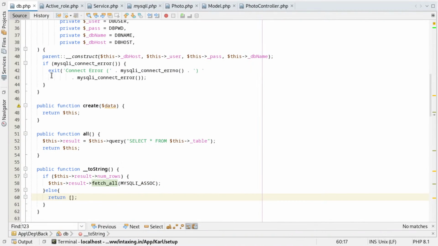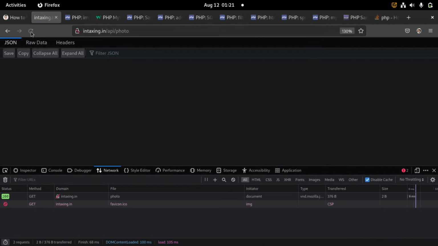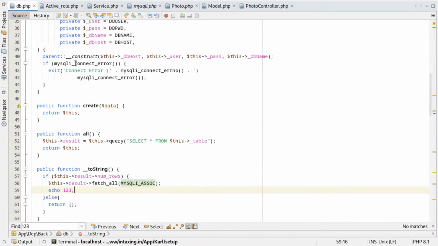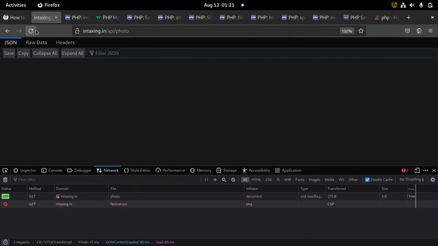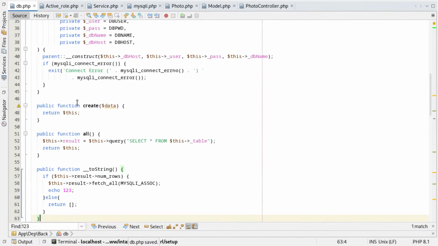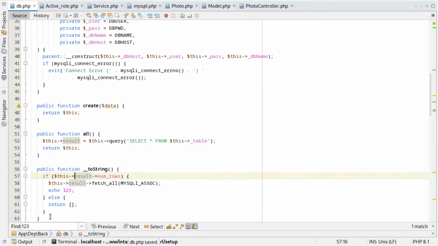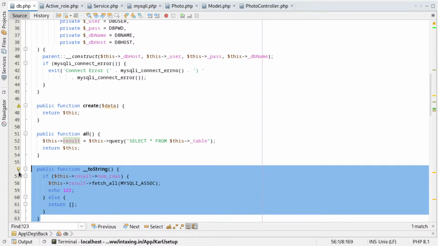It's 200, but still there is some kind of issue there. So echo. Echo 123 doesn't work. Maybe toString doesn't do anything at all. Oh, okay, toString doesn't do anything. So that's the issue. So how to override parent toString,